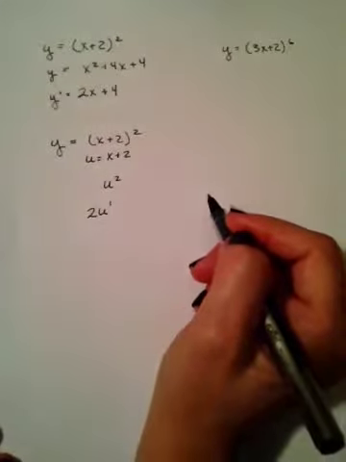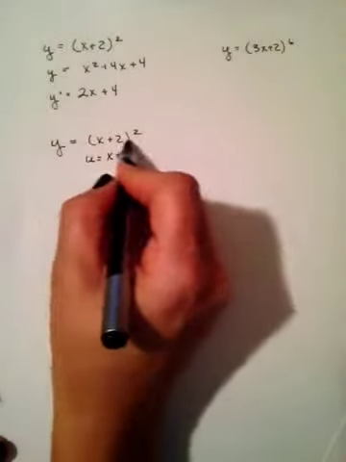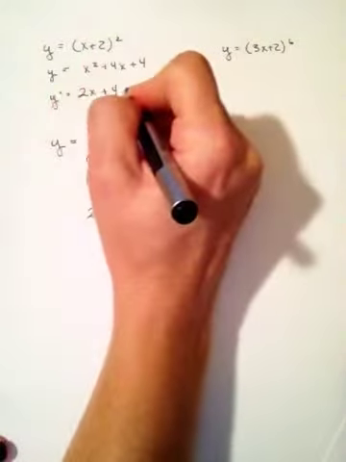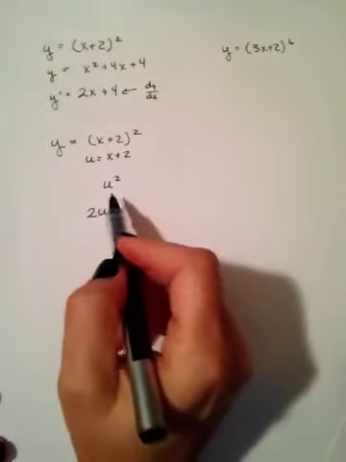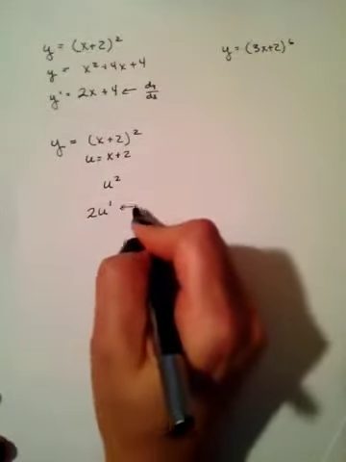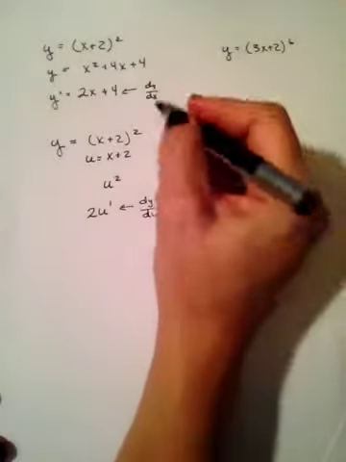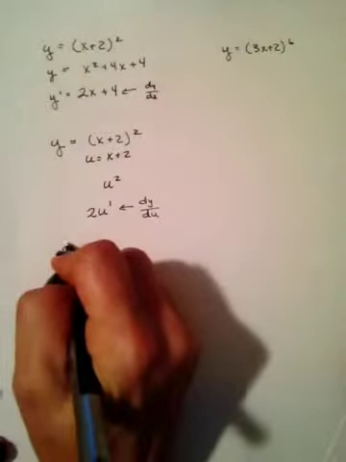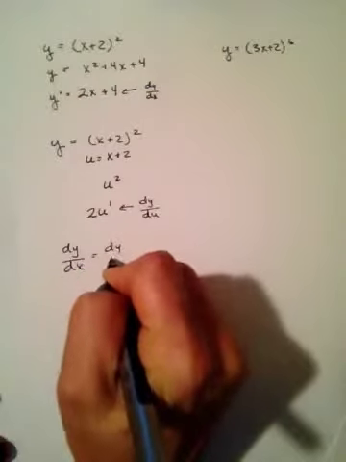Here's the problem. Your goal is that you want a dy dx, the derivative of y with respect to x. That's what this y prime is, dy dx. If I just say it's 2u to the first, that's actually the derivative of y with respect to my u. It doesn't match. What I really would like to do is figure out how I can go from my dy du